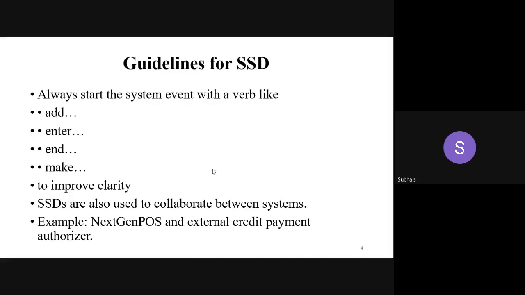So they are used to collaborate between two different systems. For example, the next-gen POS is one system and the external payment authorizer can be another system. They can be collaborated using the SSD.